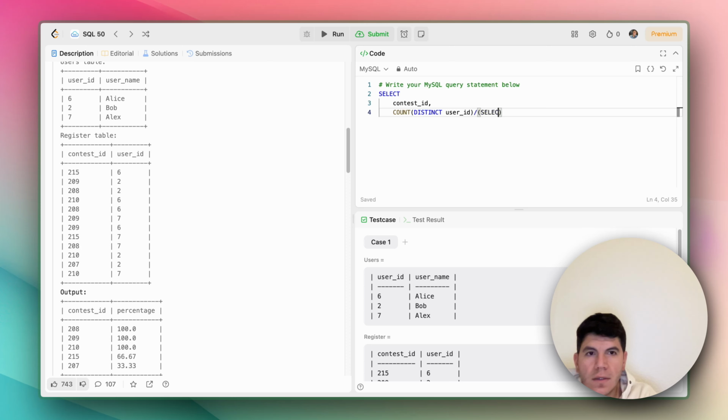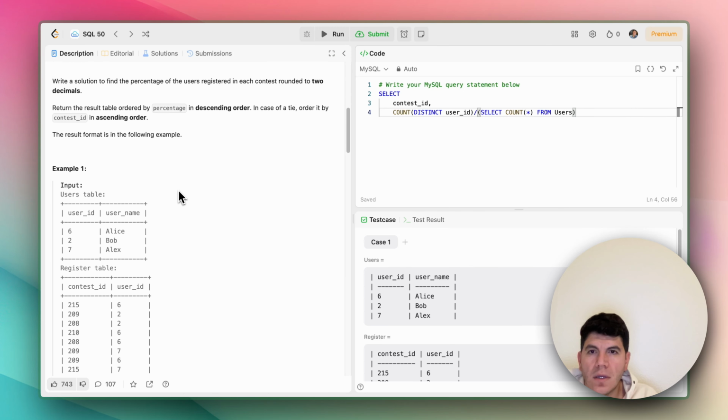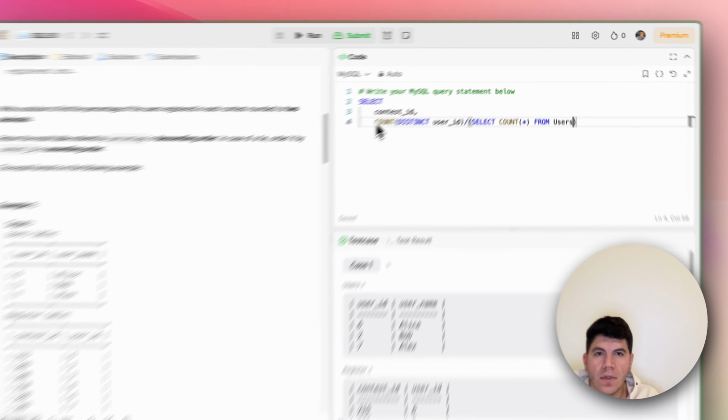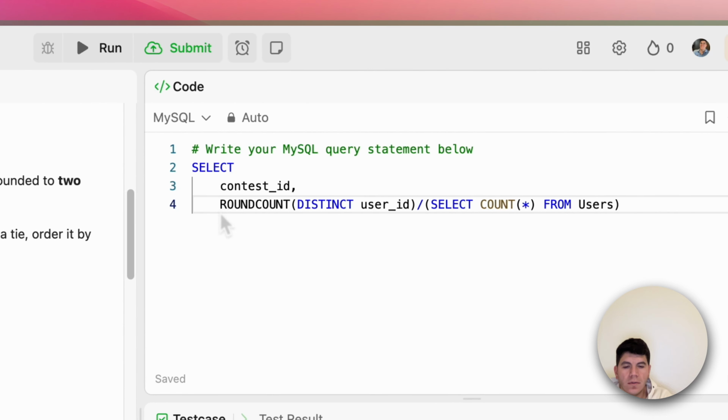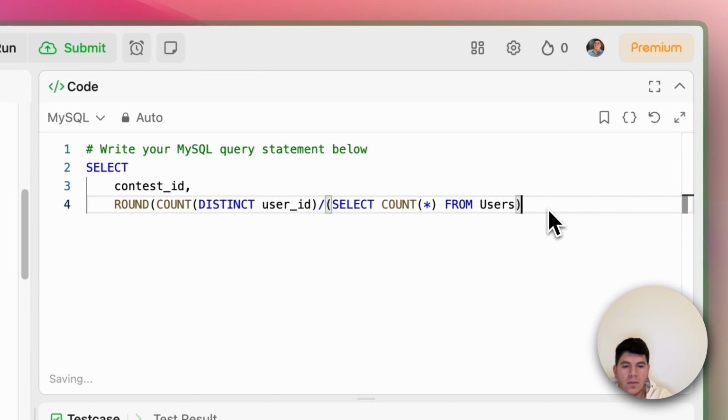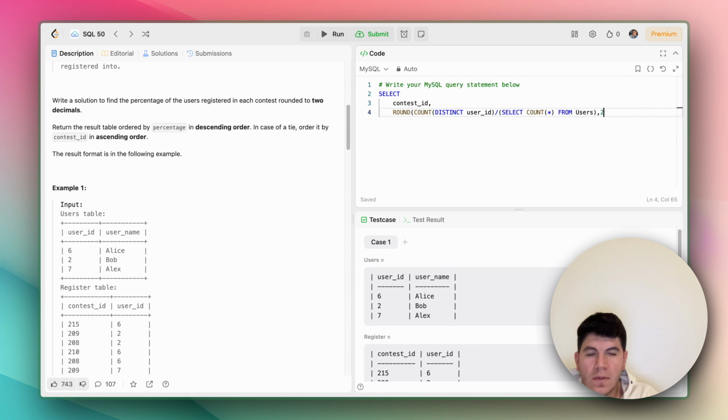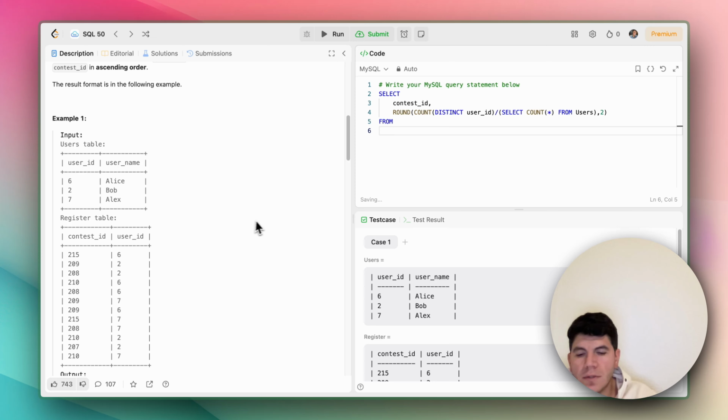So select count all. We are counting the number of users from the Users table. Okay, we divide this by this and we have to round it. So we add at the beginning here ROUND, and we have to round it to 2 decimal places. Okay, so from our table named Register,